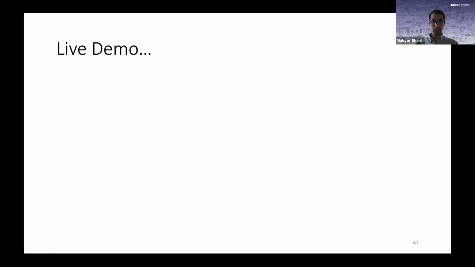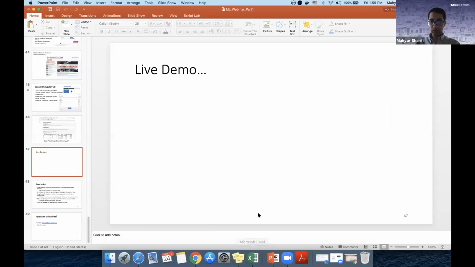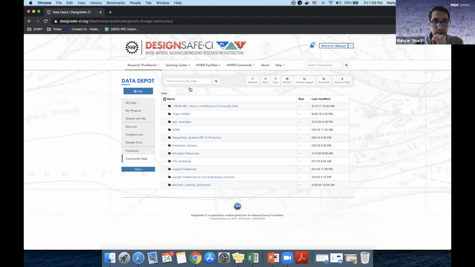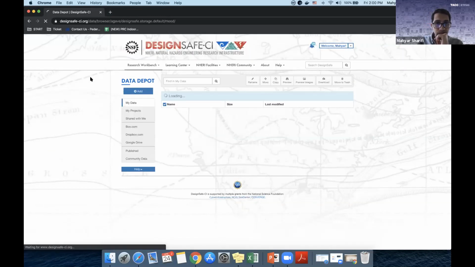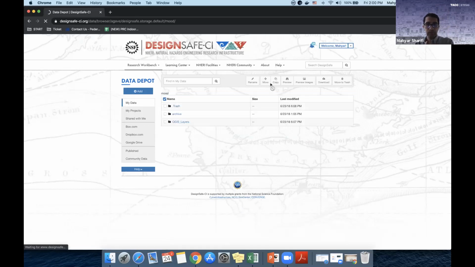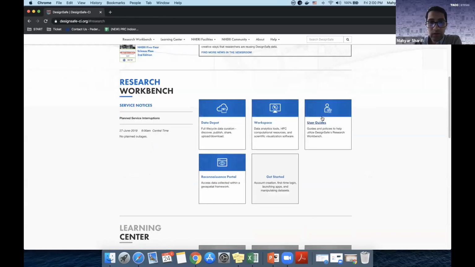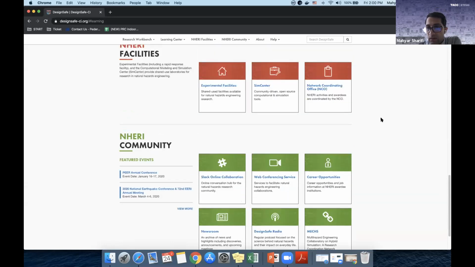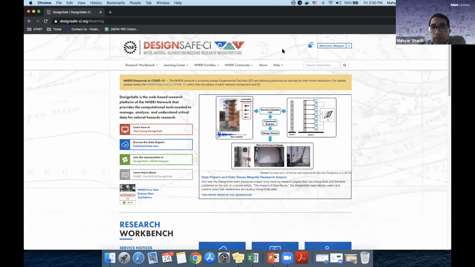So with that, let me go through this as a live example. Hopefully you guys can still see my screen. So here, I'm on the DesignSafe website. I have already logged in. Inside the research workbench, I'll go to Data Depot, and